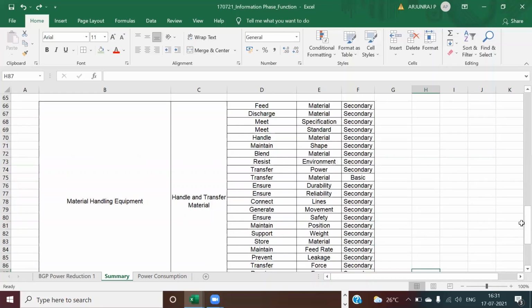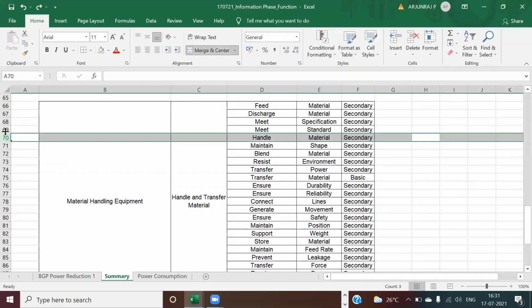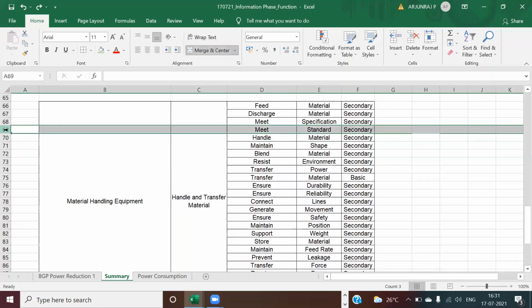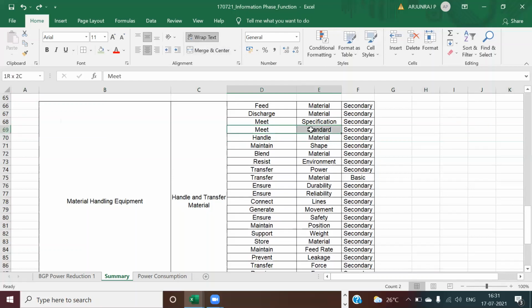Okay, so here still we can narrow down. See, is there any standard you are going to have for that particular thing? Is there any meeting standards required? The specification is okay, but for which you are going to spend money. But is there any standard that you are going to achieve? Is it required? Just look into it. Otherwise, you can eliminate this. If not, we can eliminate this standard. Just check whether this is required or not.